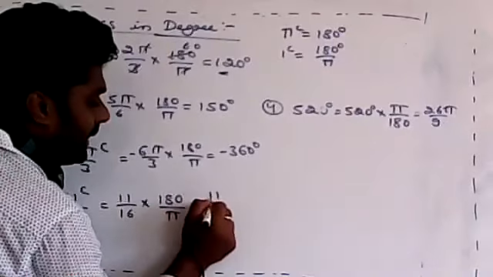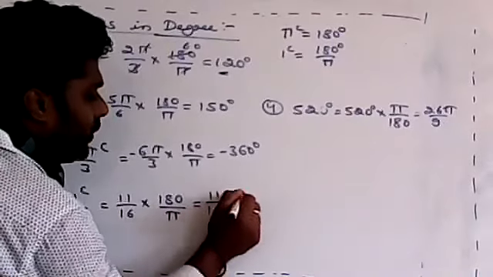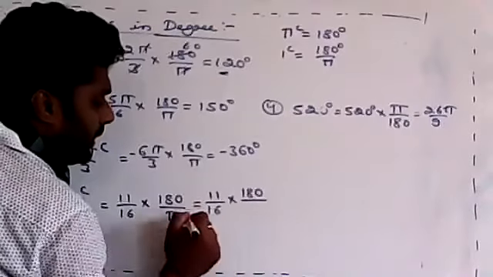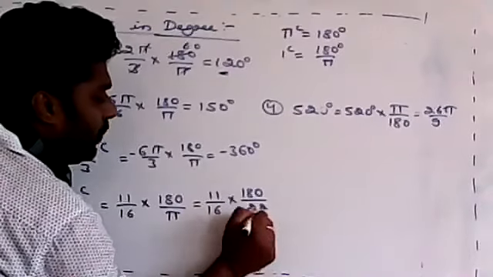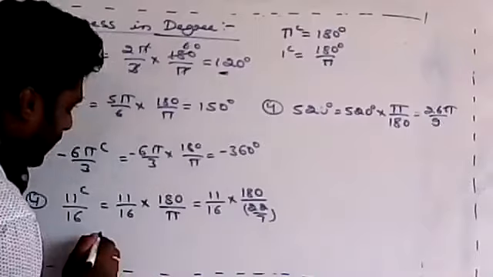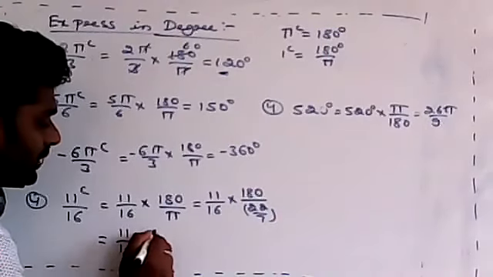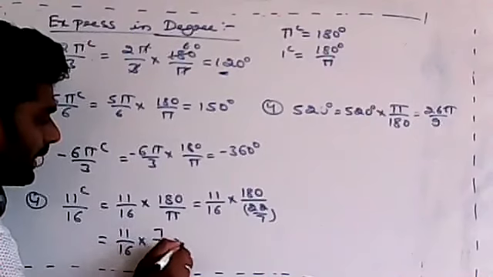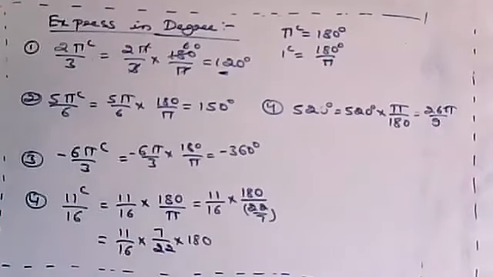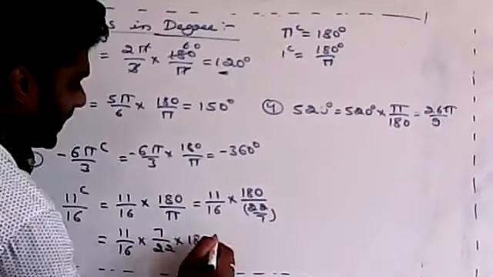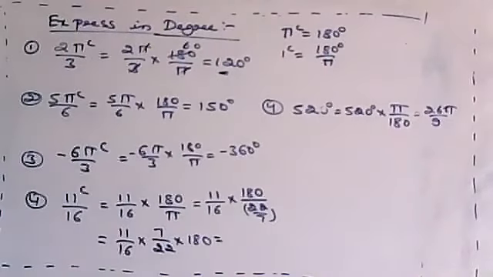So we can write 11 by 16 into 180 by pi, taking 22 by 7 on the numerator, as 11 by 16 into 7 by 22 into 180. Just calculate and tell me the answer of this one. So don't write in the form of pi. We can't write in the form of pi, that's one. So we have to convert it in the form of